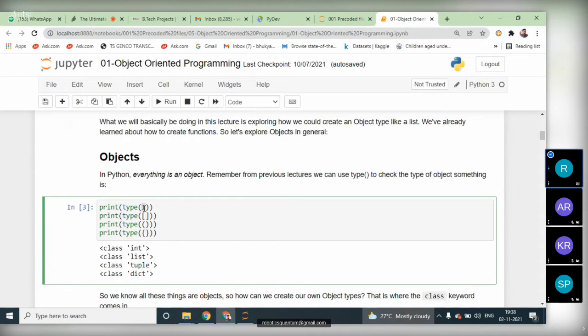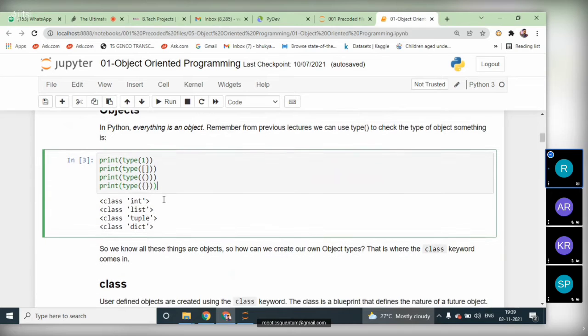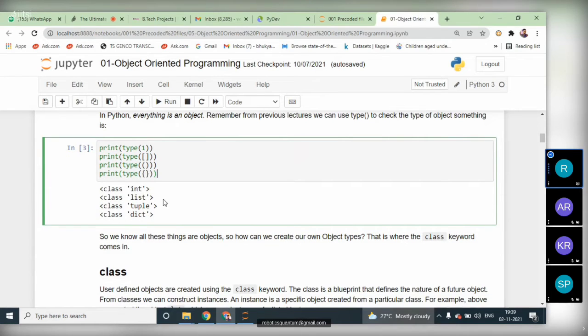As we know, 1 is an integer, so it gives int. And type of square brackets, an empty list, gives list. Tuples can be created using parentheses, and curly braces can be used to create a dictionary, a dict. So the type function gives us the data type of whatever we give inside it, and that shows us the object behind the concept.